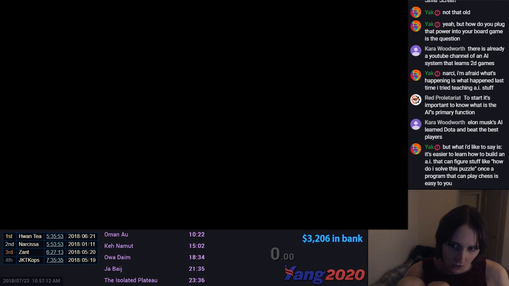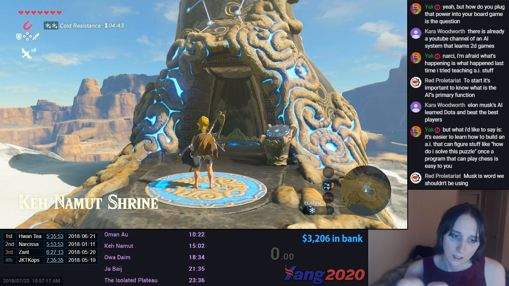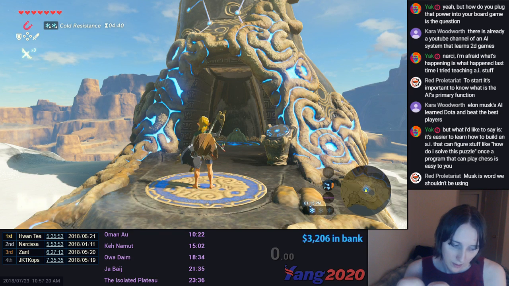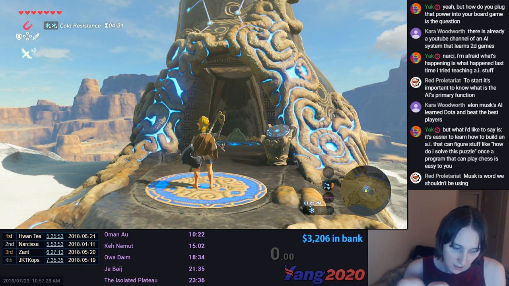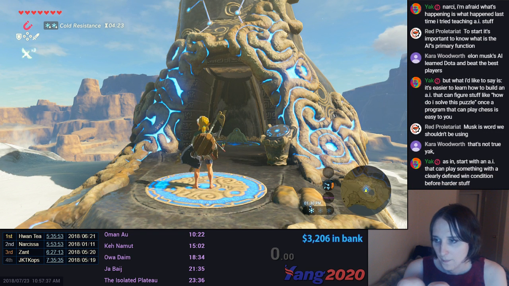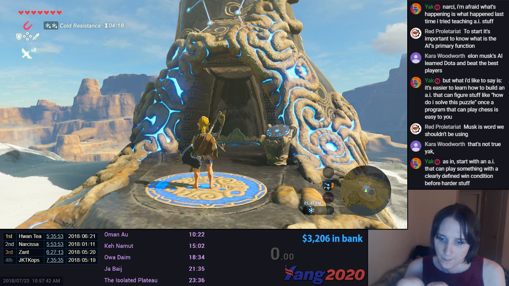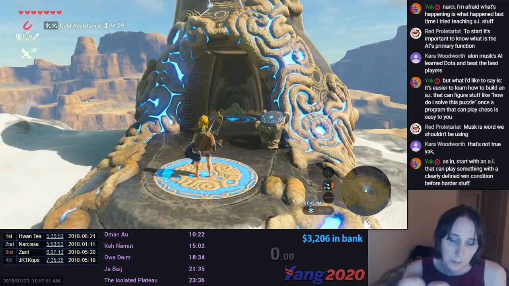Okay, so to you, a starting point would be having feedback coming back saying yes or no in terms of outcome. But this is work that AlphaZero already did, you know? This is work that DeepMind already did. Okay, play something with a clearly defined win condition. Okay, but okay,